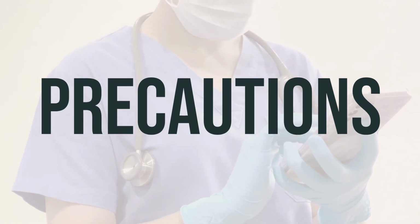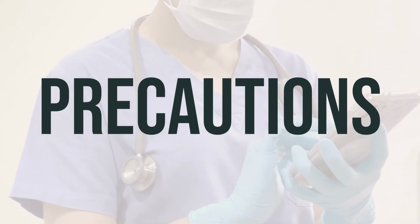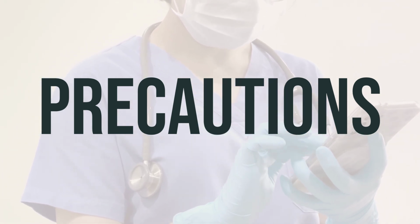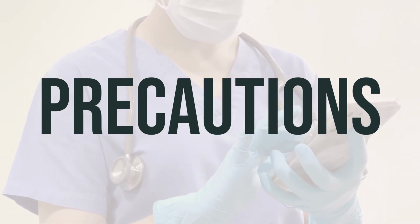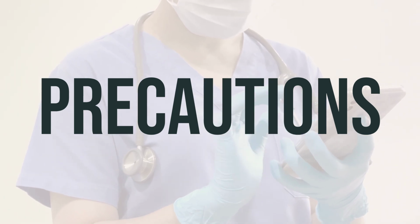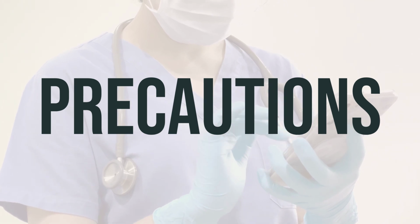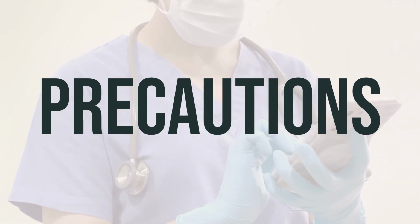If you have diabetes, Atacand Hct may affect your blood sugar levels. It's essential to monitor your blood sugar regularly and discuss the results with your doctor. Additionally, this medication may impact your potassium levels, so it's important to consult your doctor before using potassium supplements or